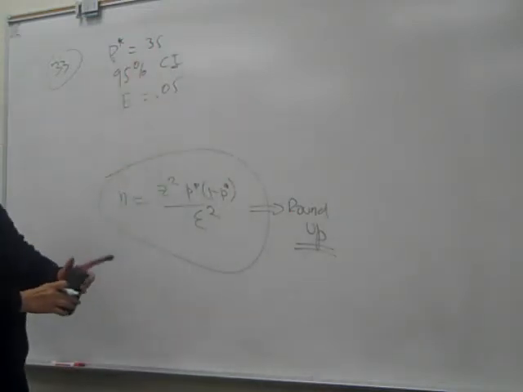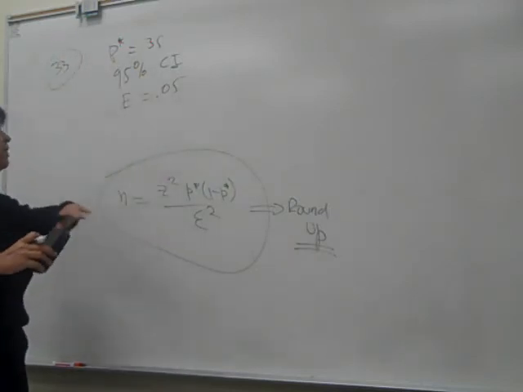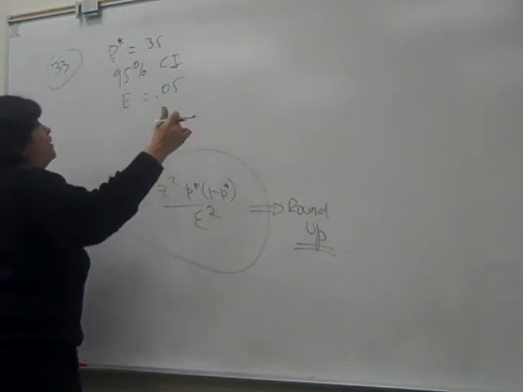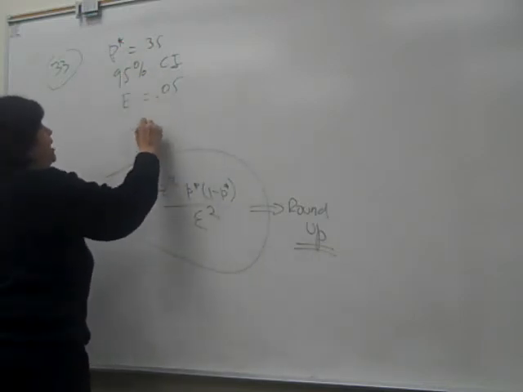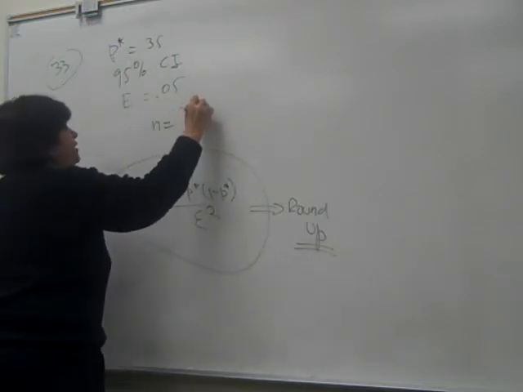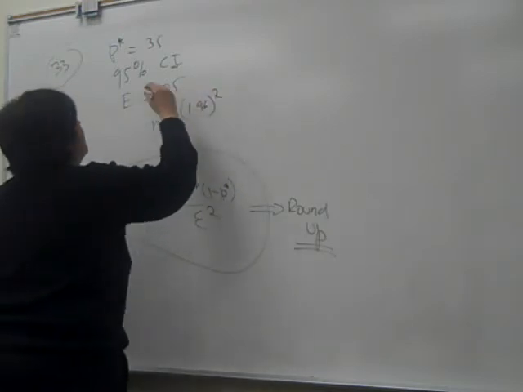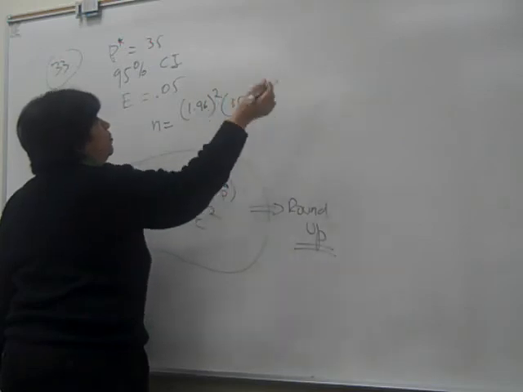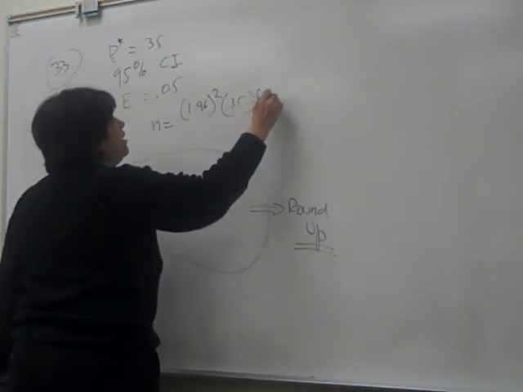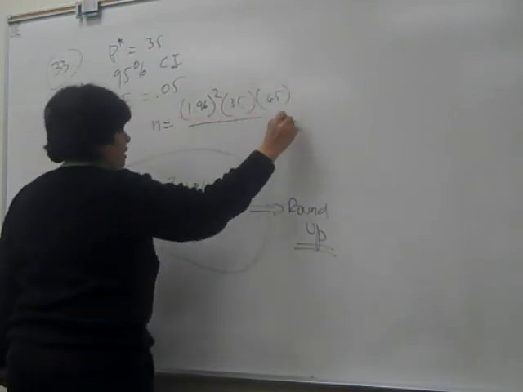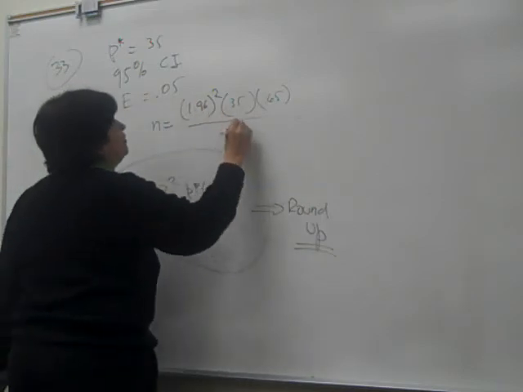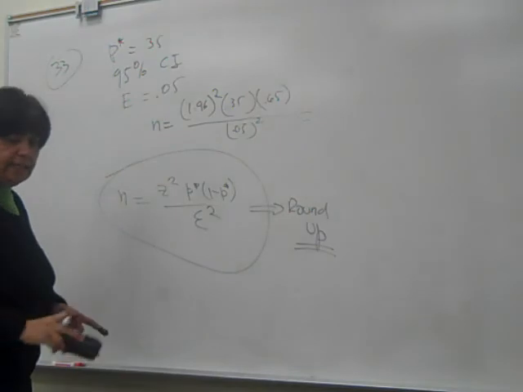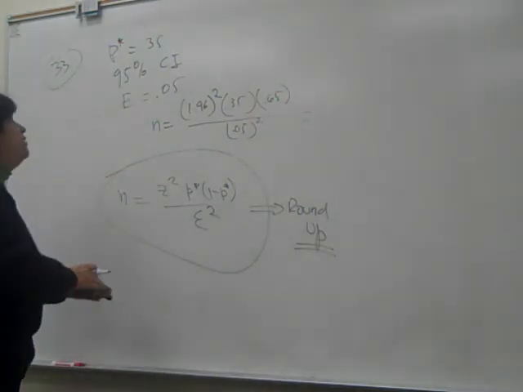What we have to do is just plug these numbers in the formula, and that's it. What is my z for 95% confidence interval? We already know that. So 1.96 squared times p star 0.35 times 1 minus p, 0.65, divided by e squared, 0.05 squared. And that is equal to